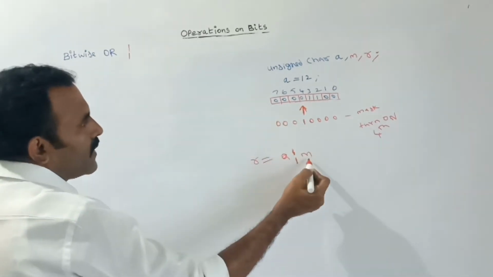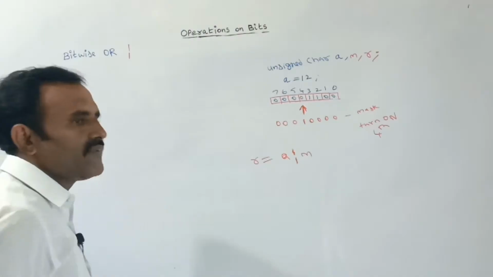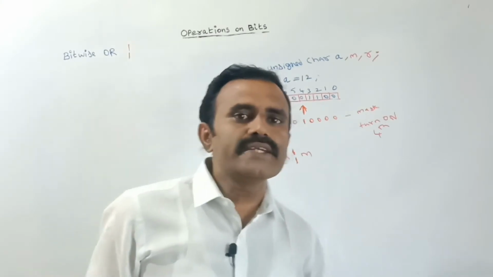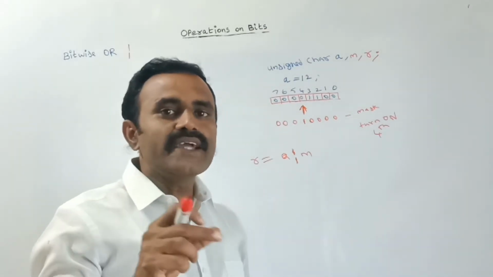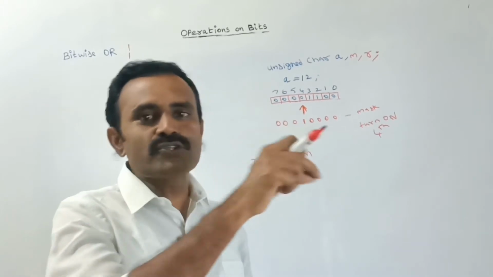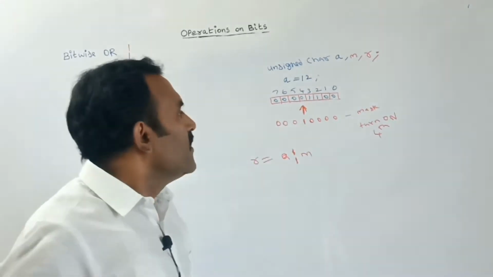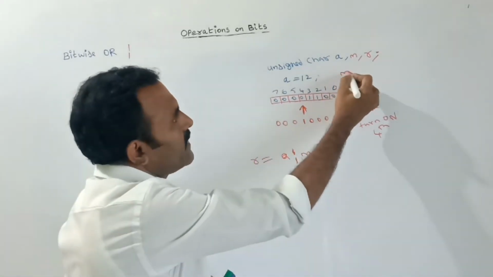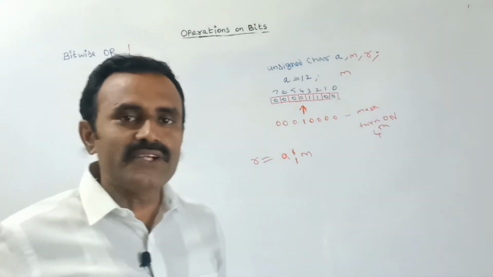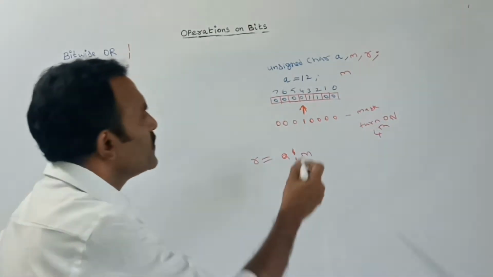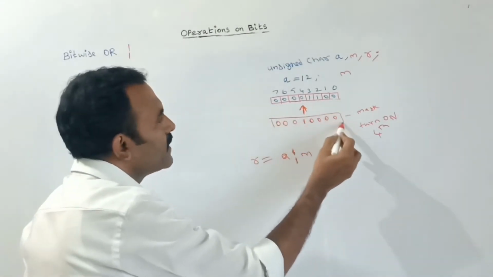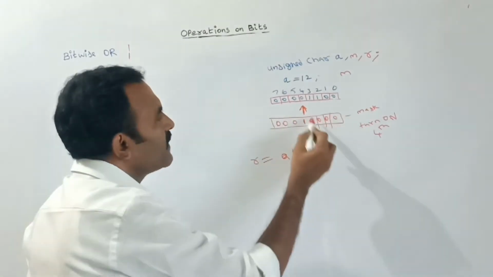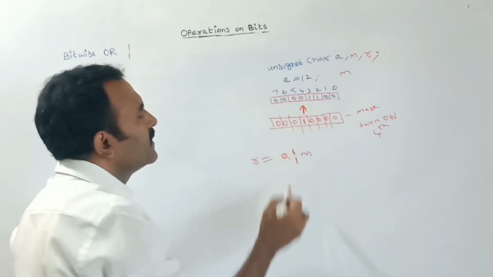Next, for the mask, see, it understands only decimal values, or we can give hexadecimal values. We can't directly give binary values to the variable. So for this mask, I should give the decimal value. See, what is the decimal value? Suppose you convert this mask value into decimal, this is the mask value.